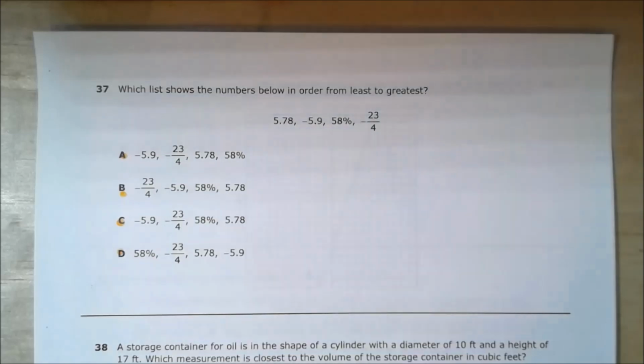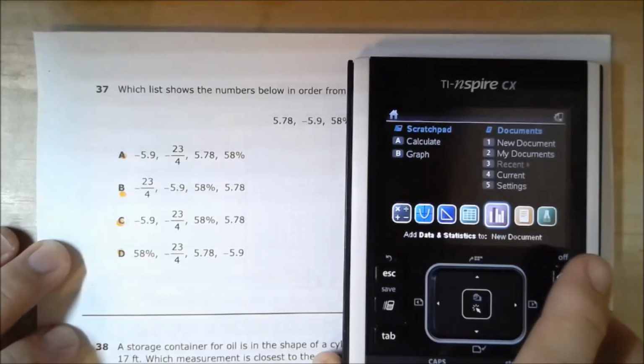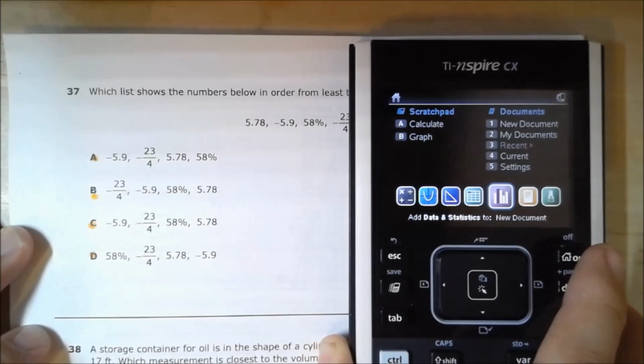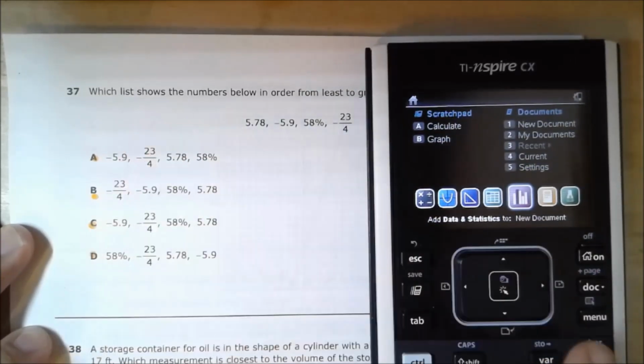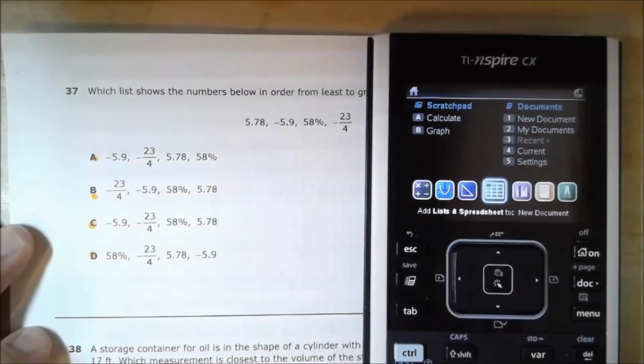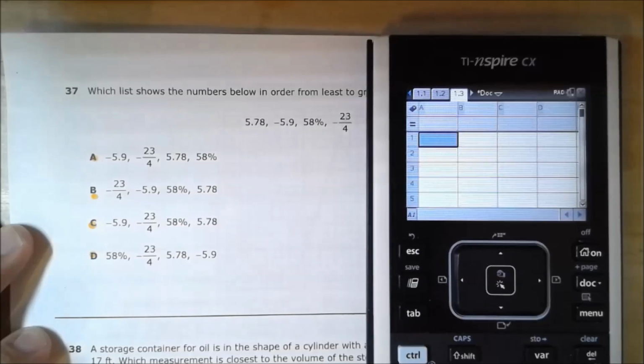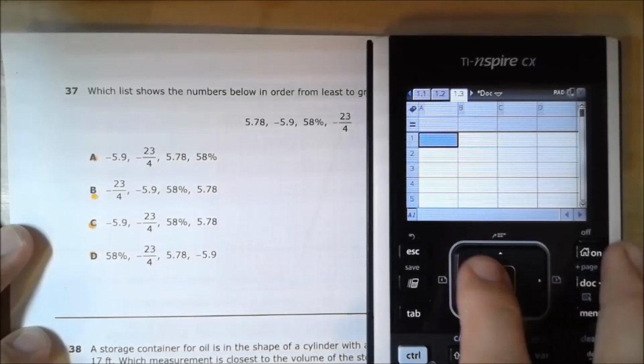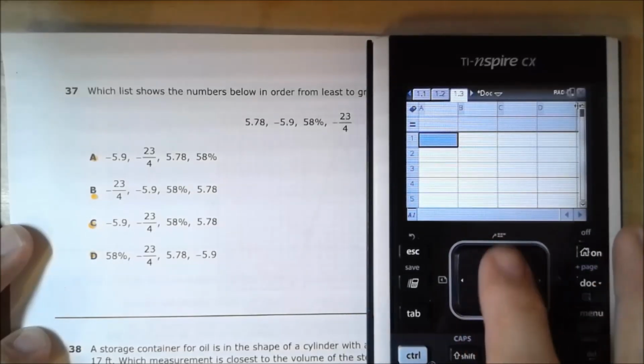Number 37 says, which list shows the numbers below in order from least to greatest? Okay, well, in this particular problem, what we're going to want to do, you could convert each one of those numbers into a decimal form and order them, or you could just go to spreadsheet. So if you go to spreadsheet, and I'm going to go ahead and delete my previous spreadsheet,